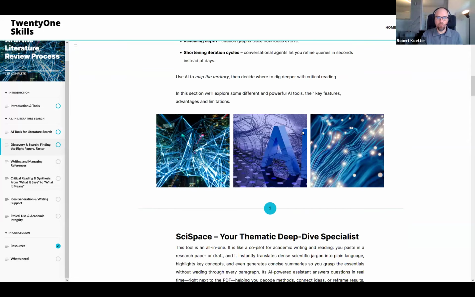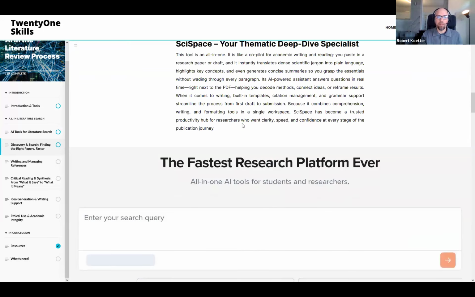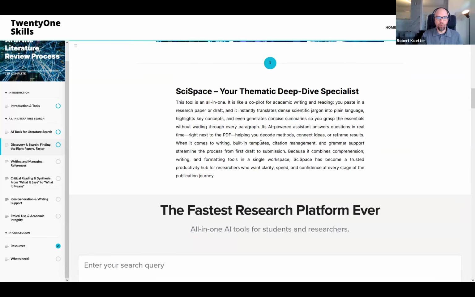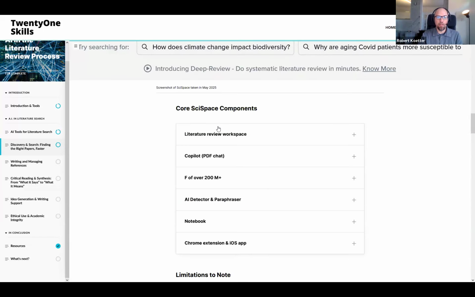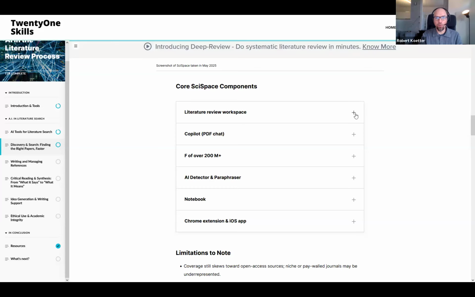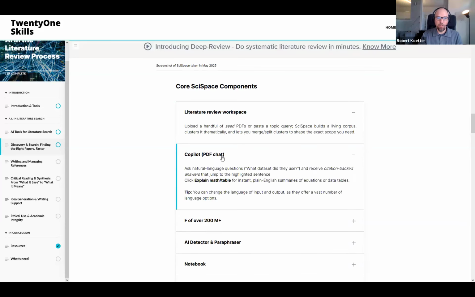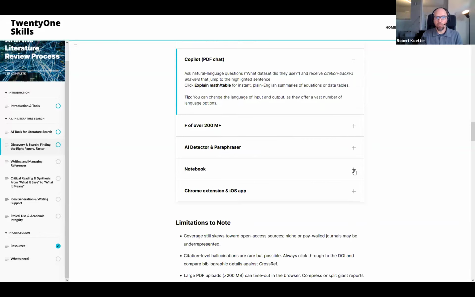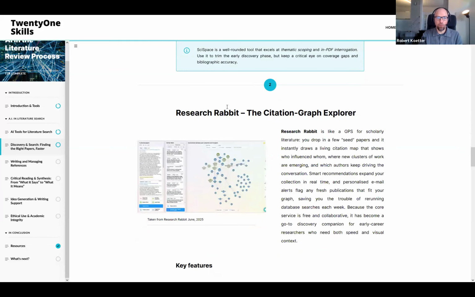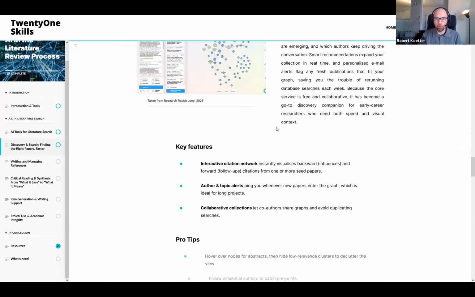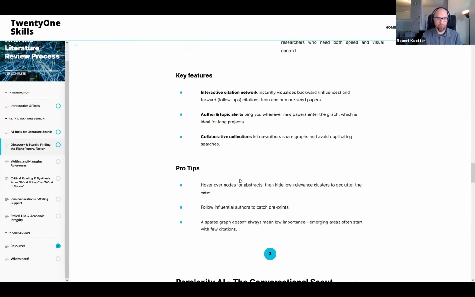Then you have some text, some visuals. And then you can look at the different AI tools that are out there. This is of course something that we need to update regularly, because the AI world also means a lot of change. So this is SciSpace, and then you get a screenshot, and you can go and look into SciSpace's components by clicking here. So you have to be active a little bit and look into this. There are some limitations, and then we go into Research Rabbit. It's a great tool, and you can see how to use it, what's in it, some pro tips,